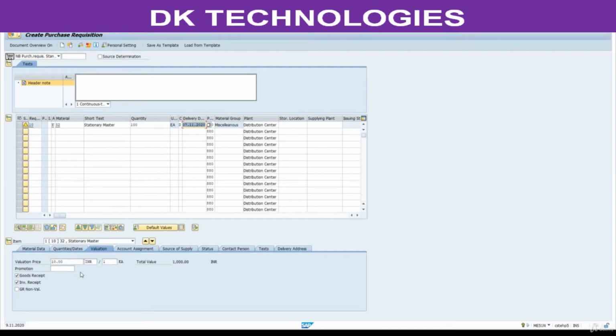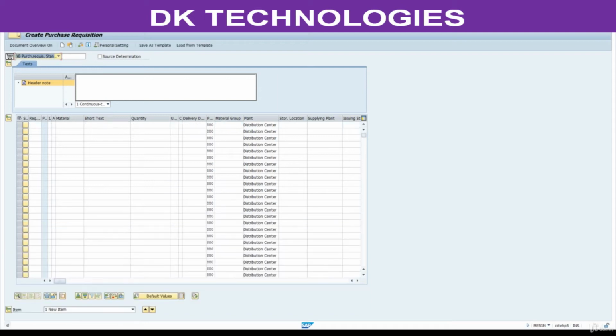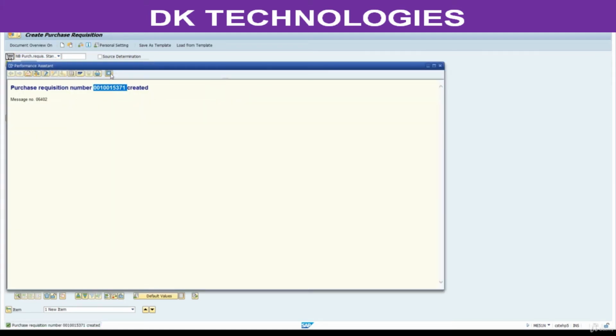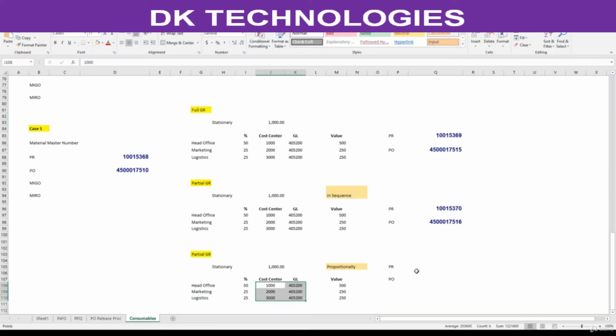enter price 10, change this to 9, simulate. Now save this. Copy this PR